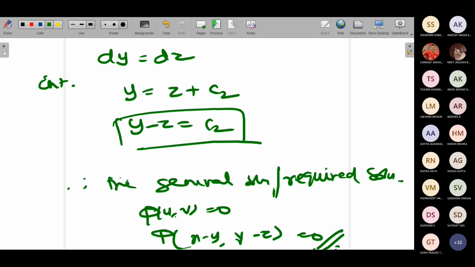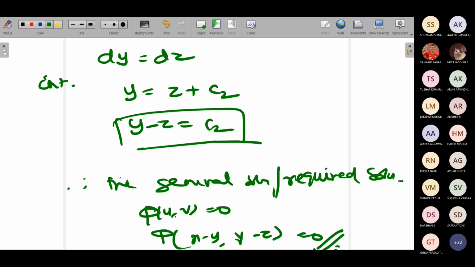When we are finding solutions of a PDE, initially we have seen the complete solution, the singular solution, and the other solution was the particular integral. So here we are talking about the general solution. There is no particular integral or any equations involved. We call it a general solution. Here we are dealing with linear PDEs, whereas the others were non-linear. That is the only difference there.